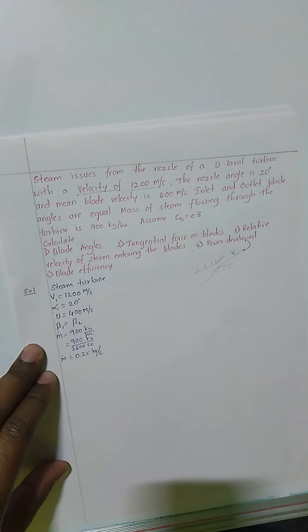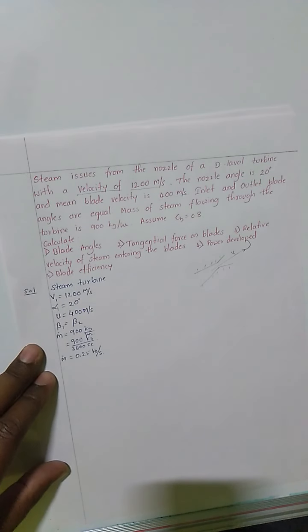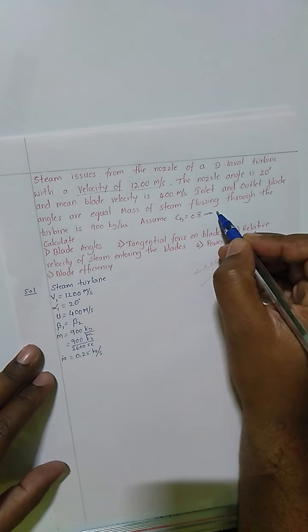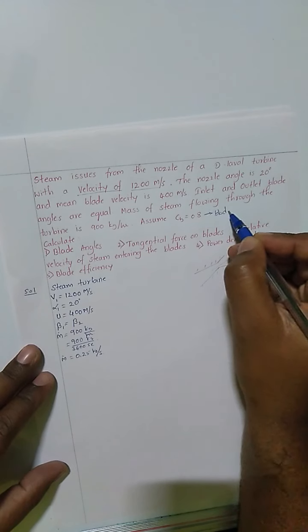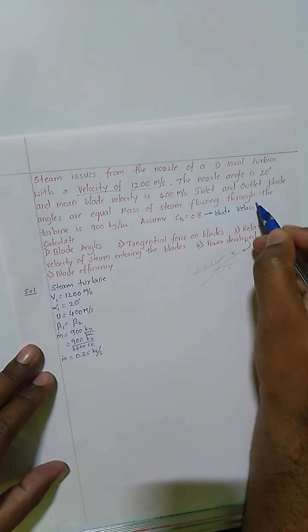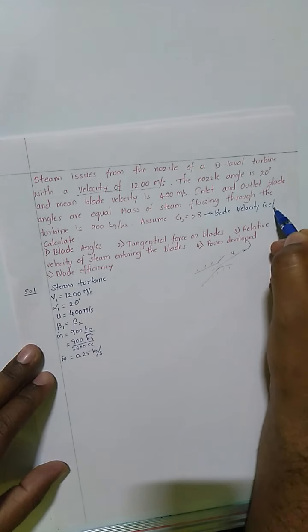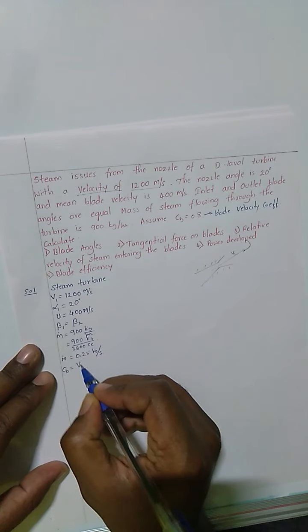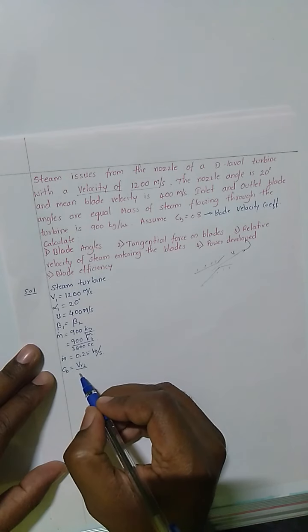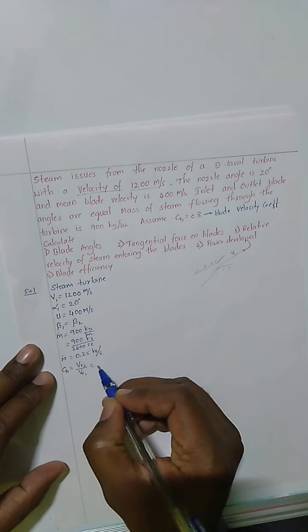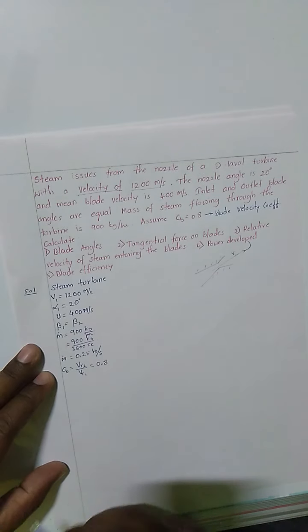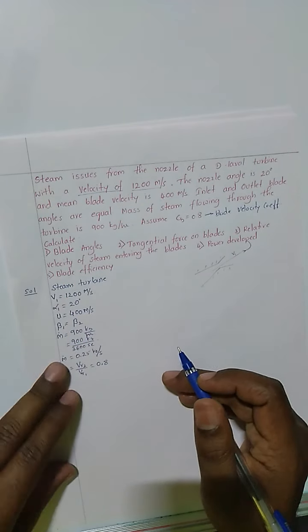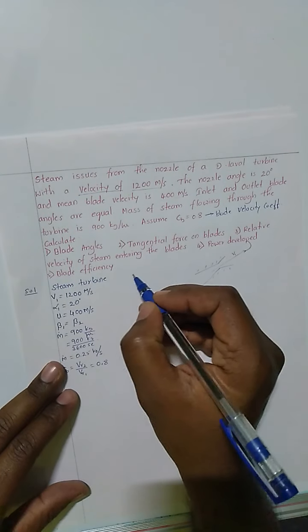Next, what is given? He has given blade velocity coefficient. This CB is blade velocity coefficient. Okay, so what is CB? CB is the ratio of VR2 by VR1, given as 0.8. Once you write what is given, the second step is we need to write